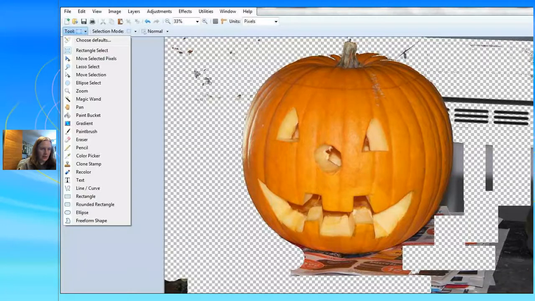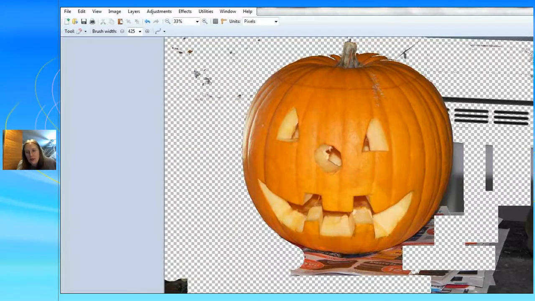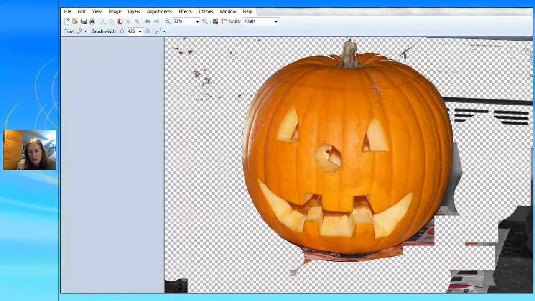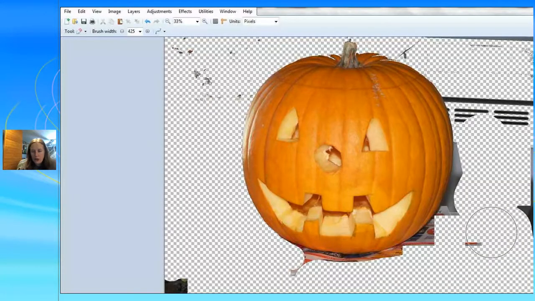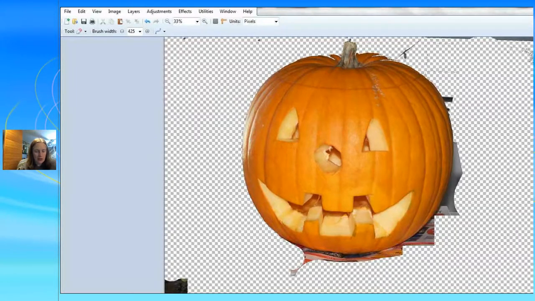So once you get it saved how you want it, then you're going to be good to go, and you'll be able to take it and add it to another image. So go over to an open source free image area, and you'll be able to do that. See that? Even though I did a really quick job and I have really sloppy edges, obviously